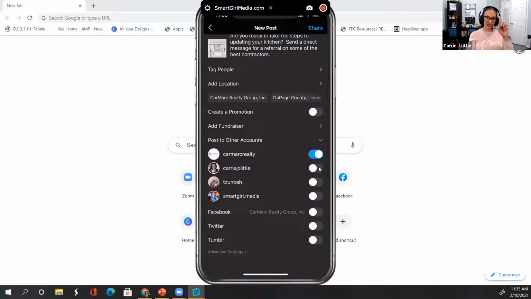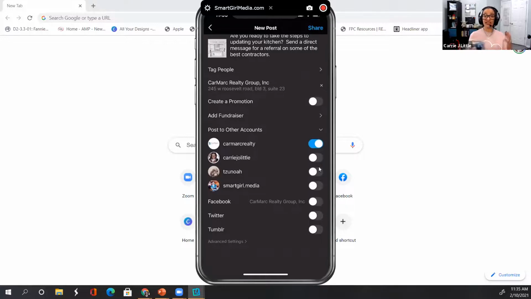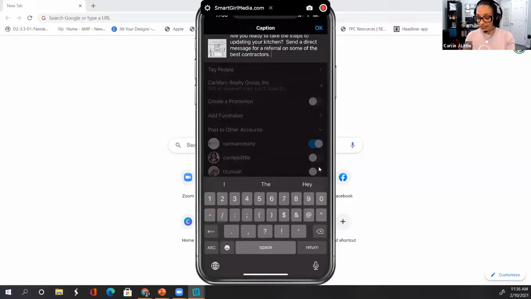And when I tapped outside of the text, I can tag people and I can add a location. So I added the company's location. So this means we're going to show up in the city of West Chicago. But remember earlier, we added hashtags. So instead of typing everything in, so I'm going to actually type.